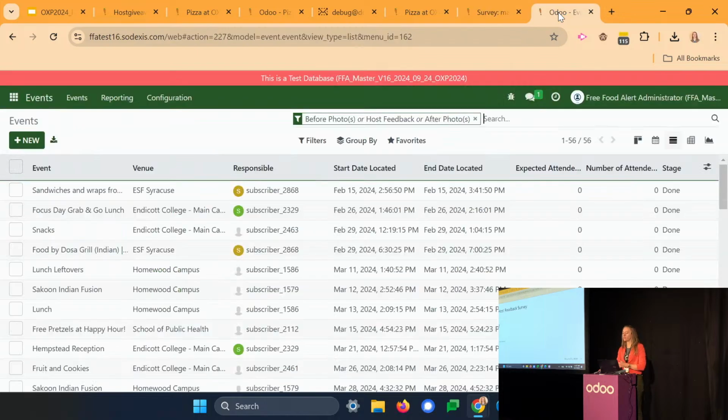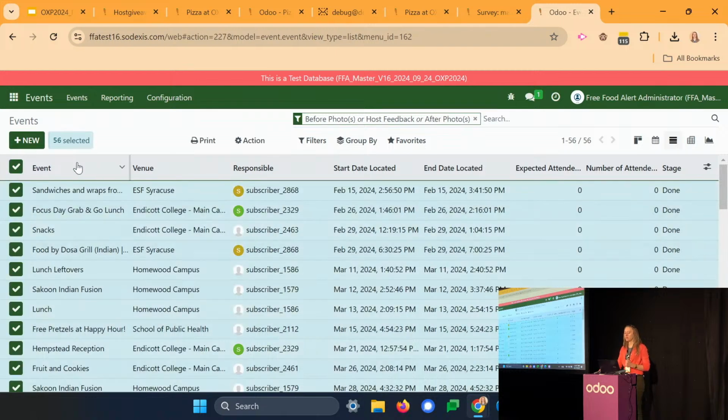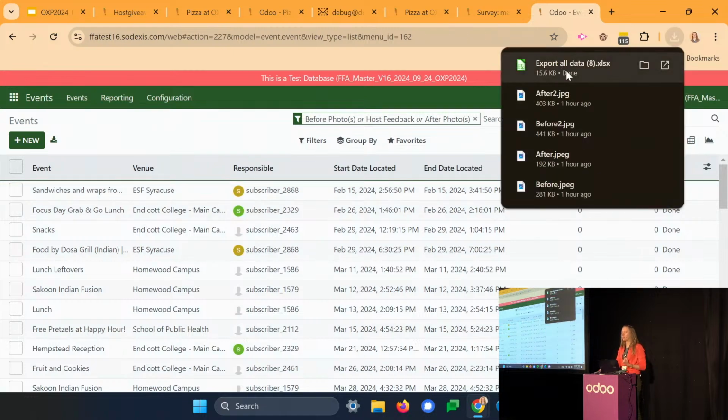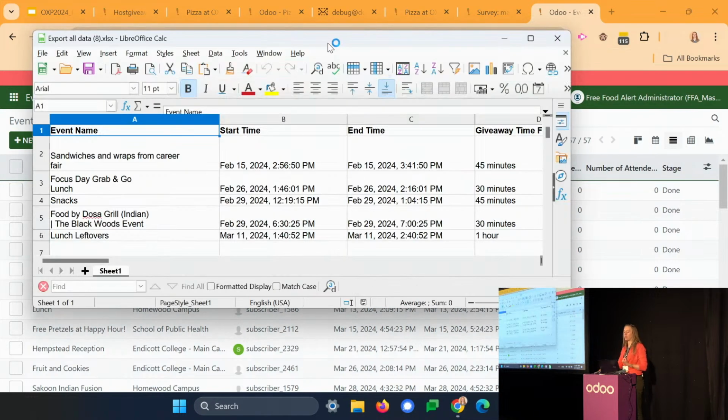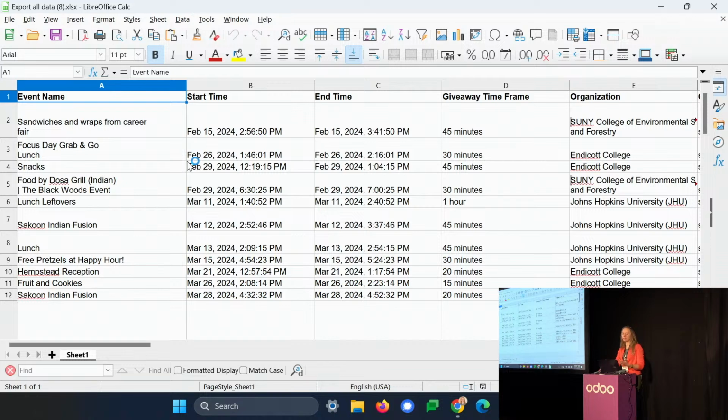And then what's amazing in this new version of Free Food Alert is if we come back here and we look now at the list view of a lot of our past events, you can see here I've added some filters for the events that have before photos, host feedback, after photos. If we select all of those events, we can now, through the print button, export all of that data and actually open an Excel file, a CSV file that's readable in Excel